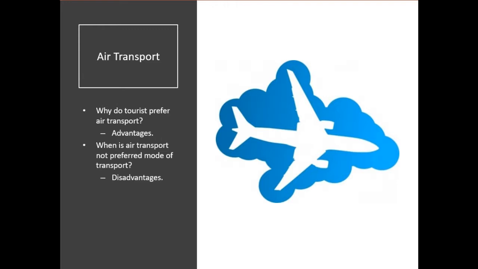Another important advantage would be the connectivity, because if you take rail or cruise, probably it will just stop at a specific station or port. However, for airlines, apart from the capital city itself, nowadays airlines are actually having hubs in different cities, rural cities. For example, we can take AirAsia. AirAsia not only travels to the capital city of Sabah, which is Kota Kinabalu, but it is also traveling to